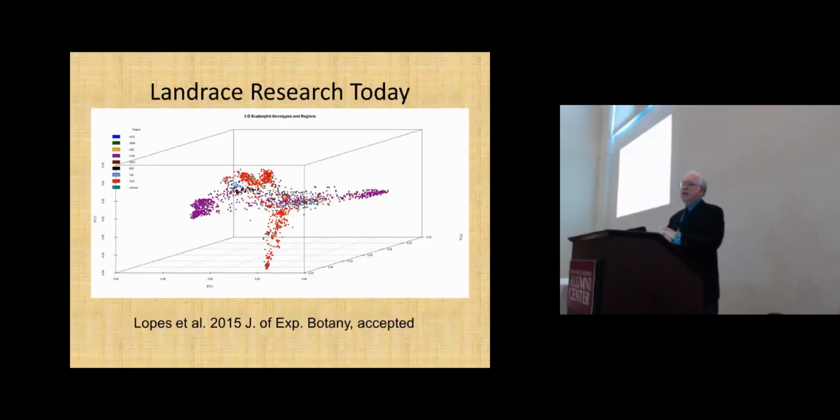Now we're going to get into the landraces, and this is work that Marta Lopes does, and was done with Ibrahim, who's one of my former students. If you want to look at the germplasm, and this is all done by GBS, you can see all the colors, not going to spend a lot of time, but Turkey is the red that runs sort of right up and down the center. So in landraces, we now have a very good understanding of the diversity that we're working with, okay? So that's the kinds of things that we can do.